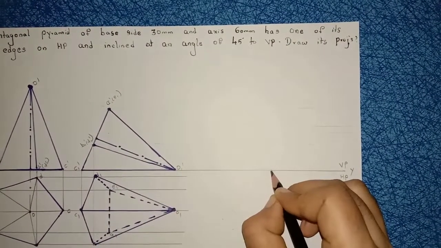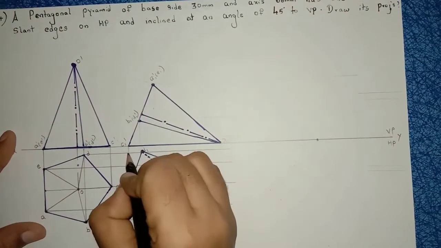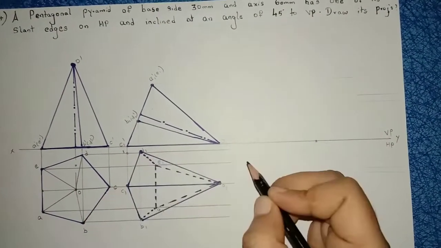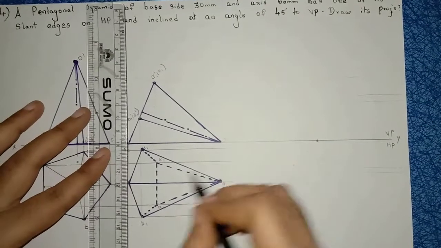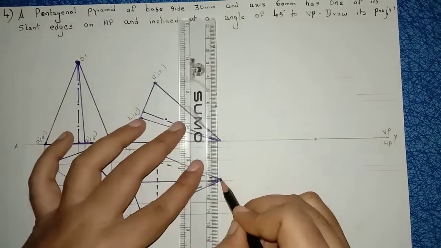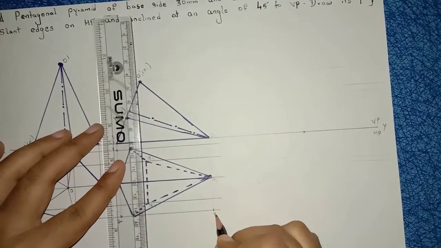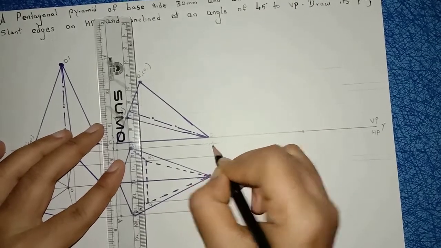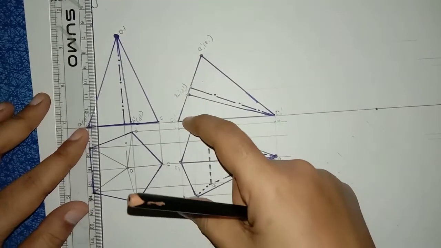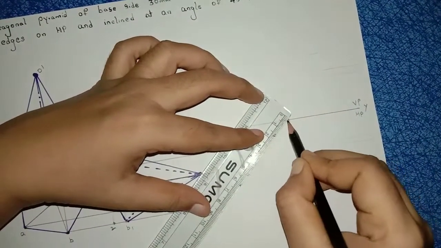Mark any point on the reference line. Right, now see, this is the starting corner. I am naming this point as 1. Right, extend this C1, name this point as here 2. Extend this O1, name this point as here 3, name this point as here 4. 1 2 3 4 is a box. Right, now measure this 1 2 length and draw here with an angle of 45 degrees.